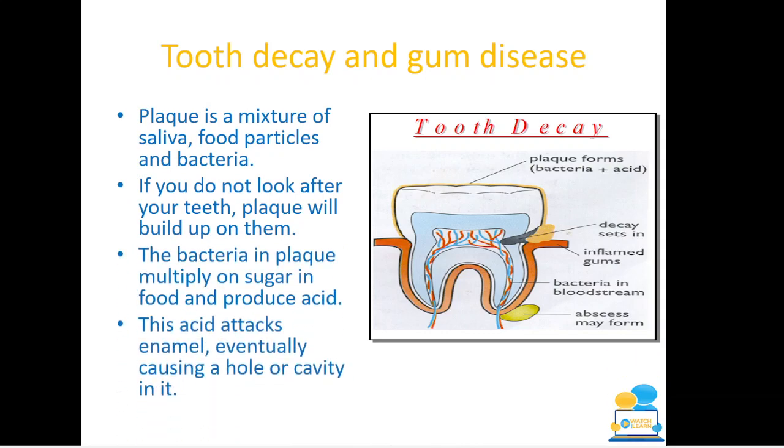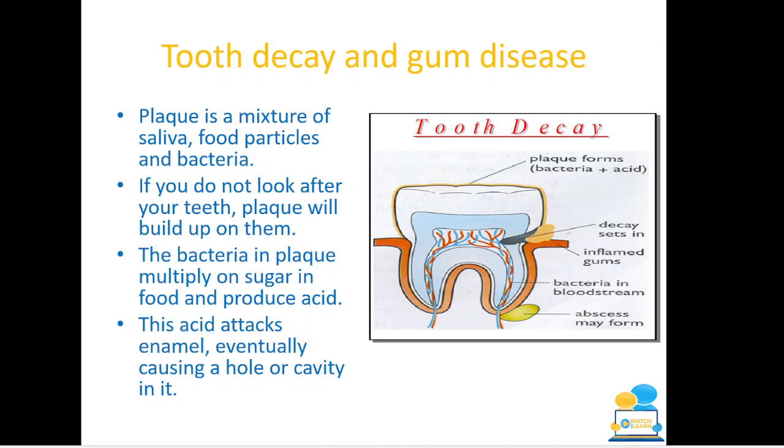So tooth decay and gum disease. I like this graphical representation of essentially what's written down there, okay? So you can see the tooth at the top. When you eat, the food is broken down, but you also have saliva in your mouth, which is the scientific term for spit. So your saliva has bits of bacteria mixed around with the food, and what's going to happen is it's going to form plaque. If you've ever not washed your teeth and there's a layer on top of your tooth that's kind of yellowy and feels disgusting, yeah?